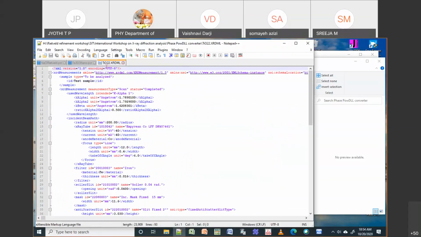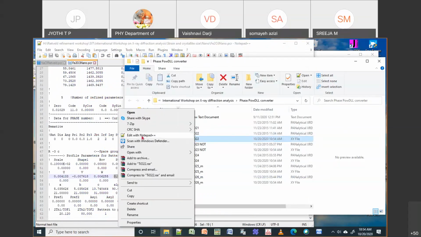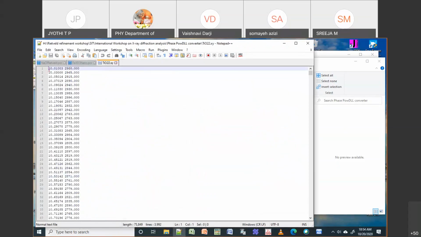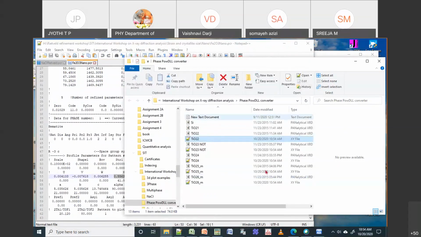But the same data, like TiO2 22 dot XY, which has just been converted, has data for 2 theta and intensity. This is your XY format. You can use this XY format to do Rietveld refinement or profile matching.